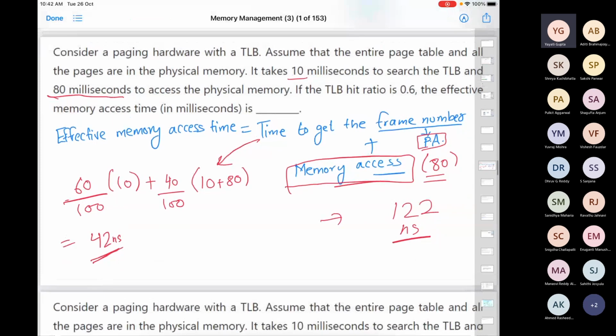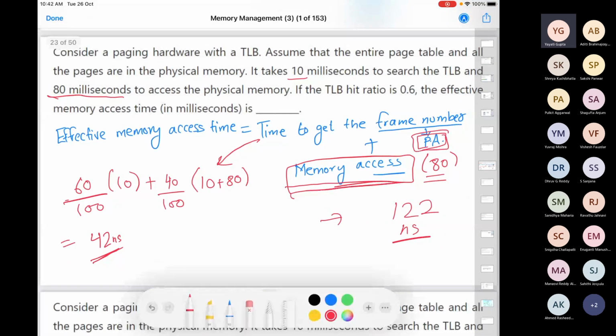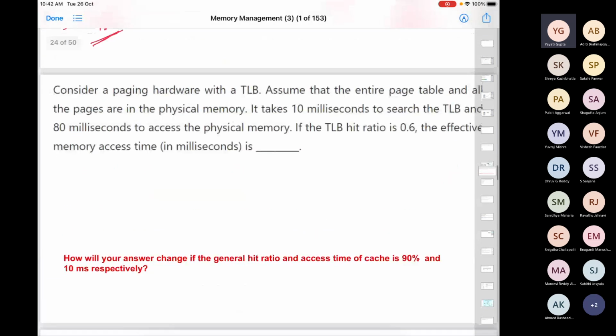Now, here, when you get the physical address, you access the memory. So many times when you have the physical address, you do not access the memory directly. You might be looking into the cache for that data. If you do not find it in the cache, then you look in the memory. So how will your answer change if you assume that there is data which is present in the cache? I'm not talking about the small part of the page table present in the cache.